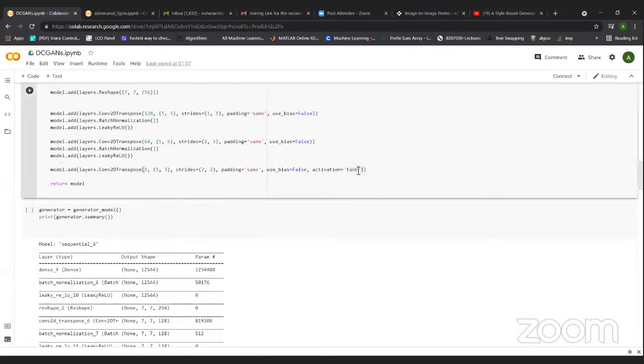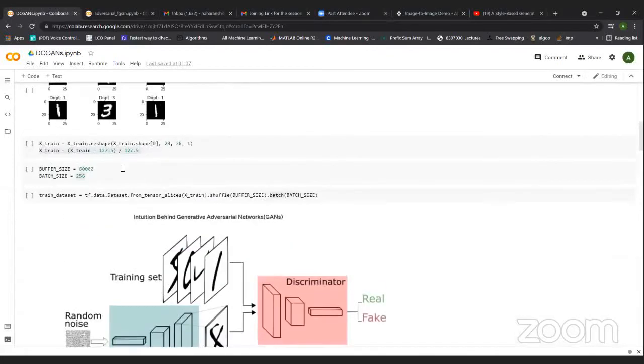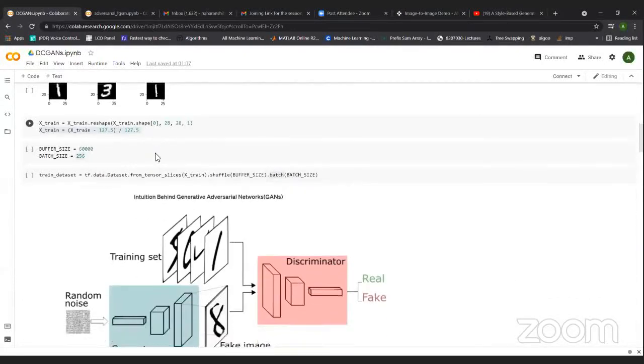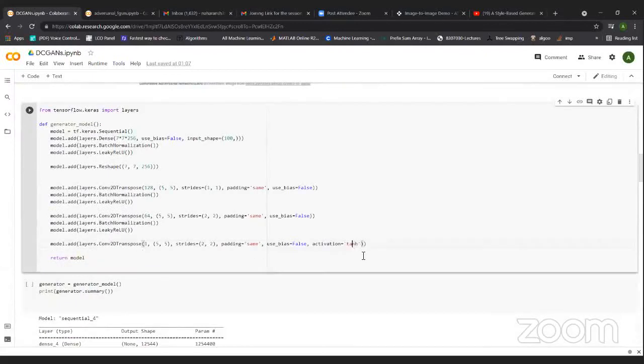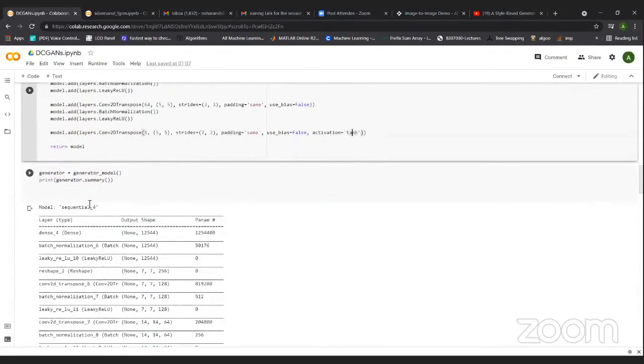That's why we use a tanh function. If you just divide by 255, the image is normalized to the range 0 to 1, and then you can use a sigmoid here, or obviously a ReLU function. So this is all the generator architecture.